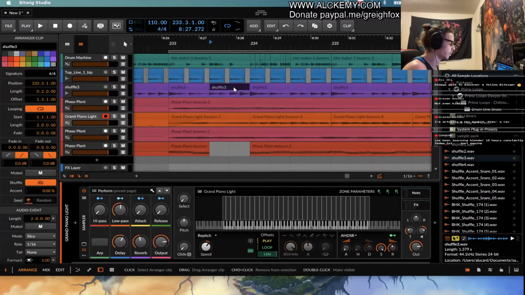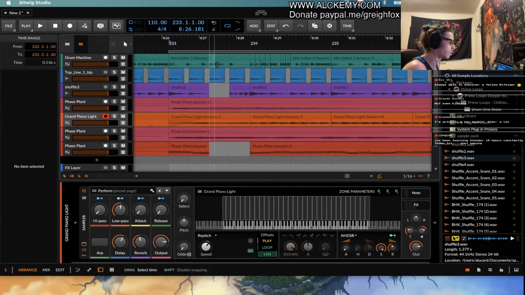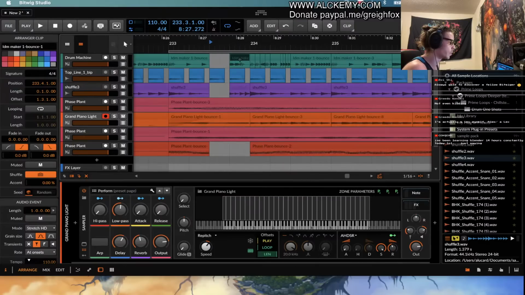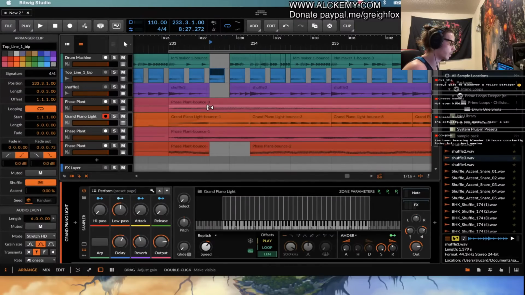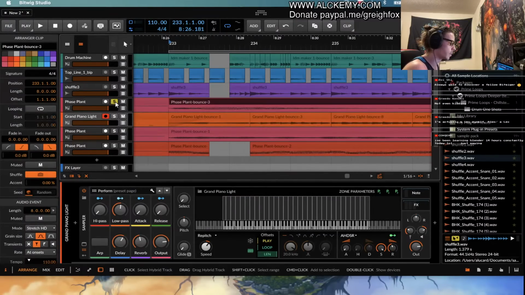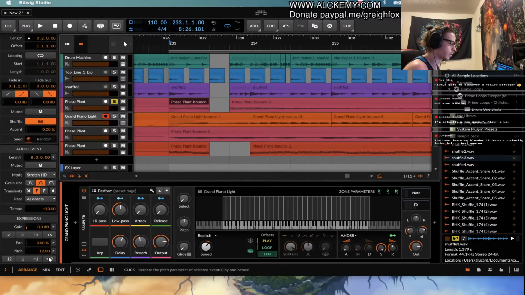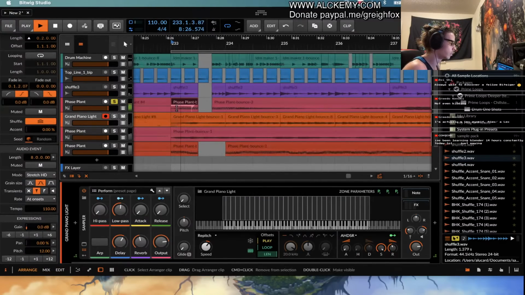So wait, undo. And move this over. So now we can have something there. And let me listen to this one. Kind of move that over to maybe like right there, and then cut that. And then maybe raise that an octave. So now